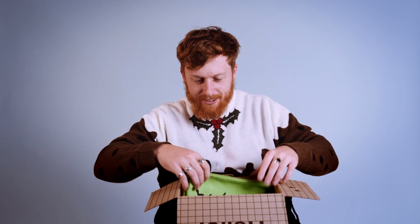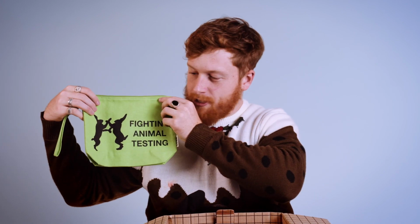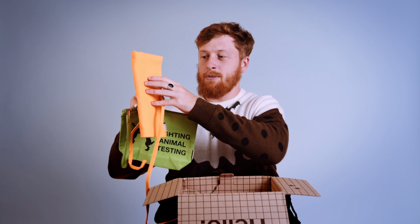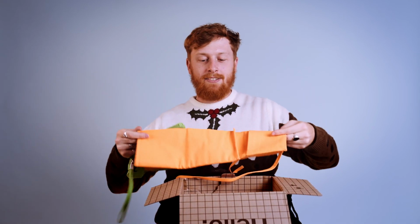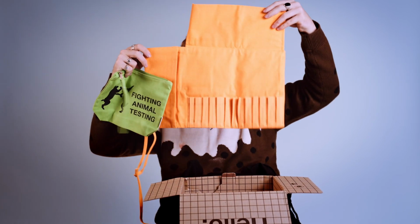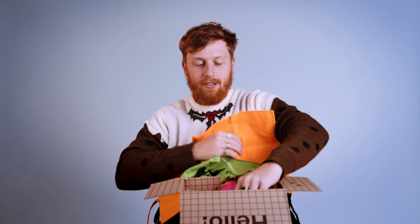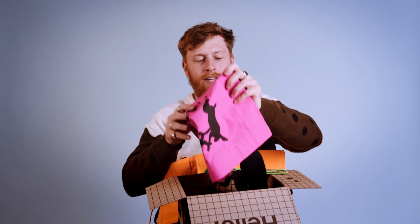Next up is a real reveal, and I can't tell you the date right now, but I will update you, the Lushies, as soon as I know. We have makeup bag in this gorgeous fluorescent green, and we have here, which I'm super excited about, and I think a lot of people could be very excited about, is a proper makeup bag in this fluorescent orange. How awesome is that? And then last up, which I think we can all agree,